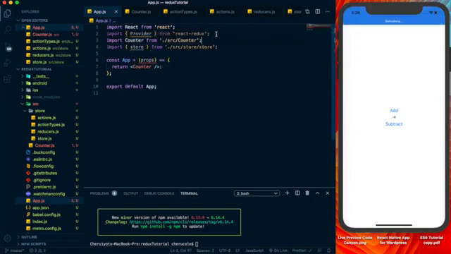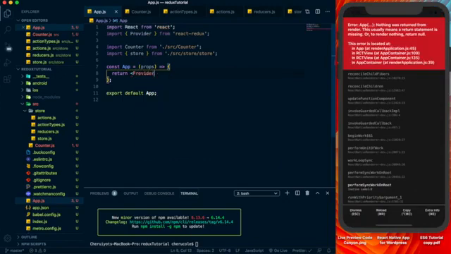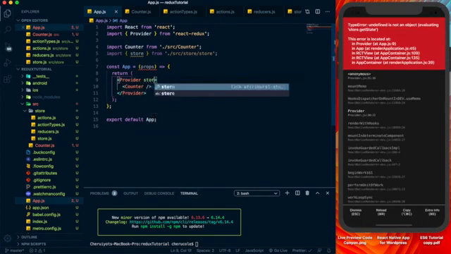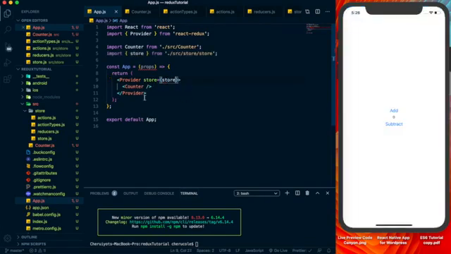And then I like grouping my files and libraries differently. So now, in order for our store to be available throughout our app, we need to wrap the counter in our provider, and when we do it this way, the state is not yet available, so what we need to pass in is our store this way. So now our store is available throughout the app, and then we can modify our state according to how we want. So if we go to the file here called counter,